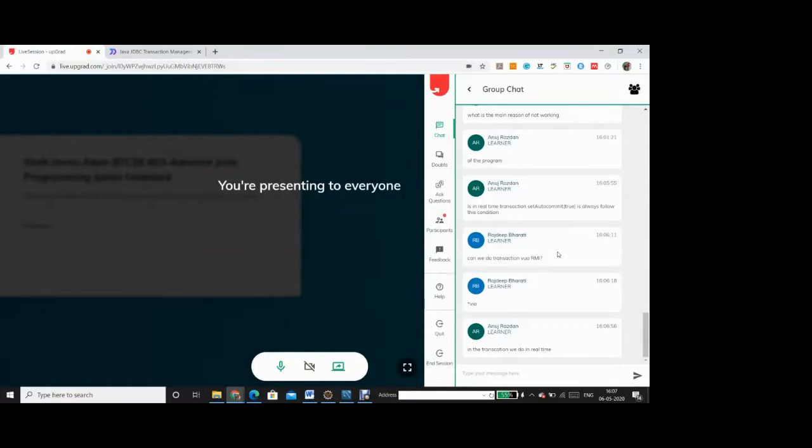Rajdeep, can we do transaction via RMI? Rajdeep, whether you are firing the SQL query from RMI, remote method invocation, that's a distributed piece of code, it doesn't matter, because basically you are going to get the stub of the particular piece of code which is going to do the transaction, and it is basically using the driver class.